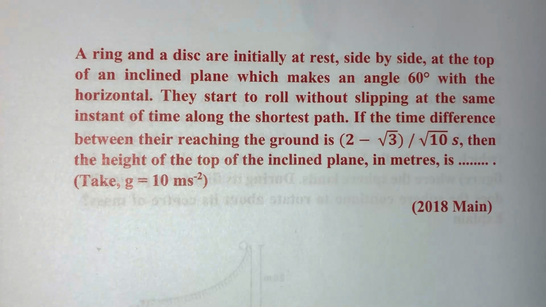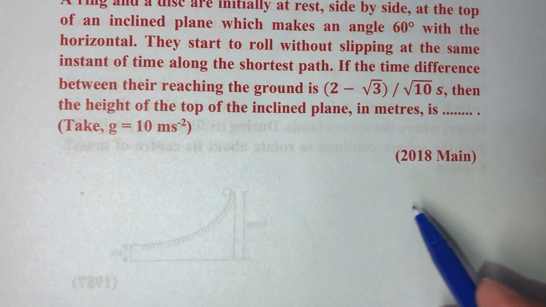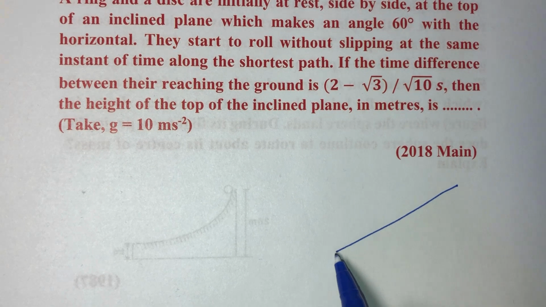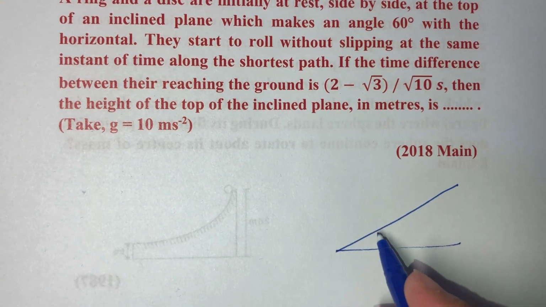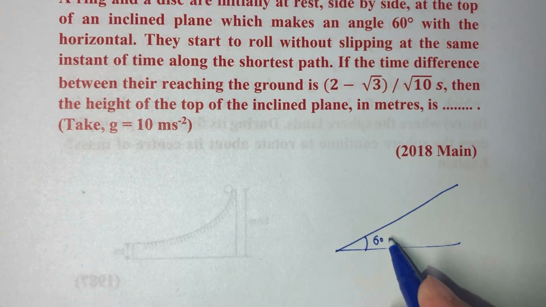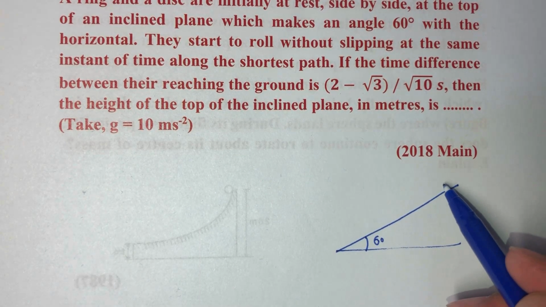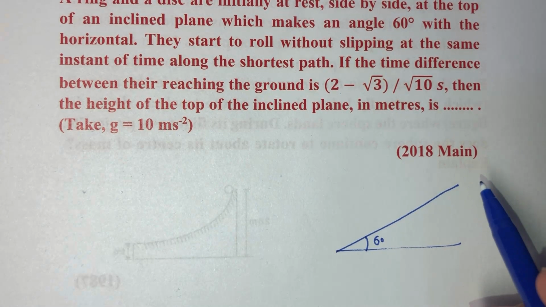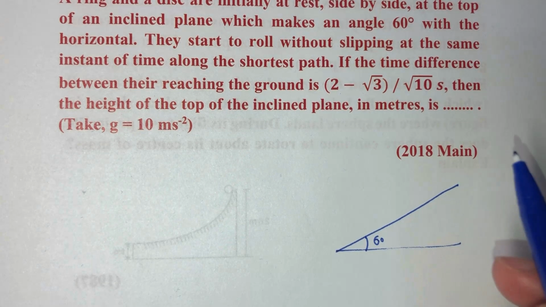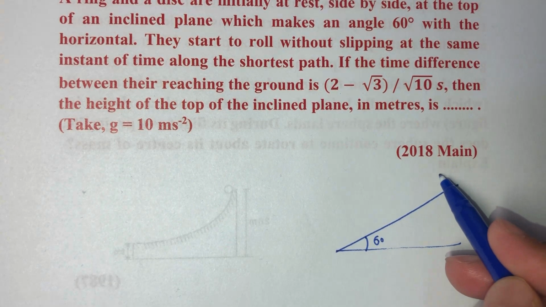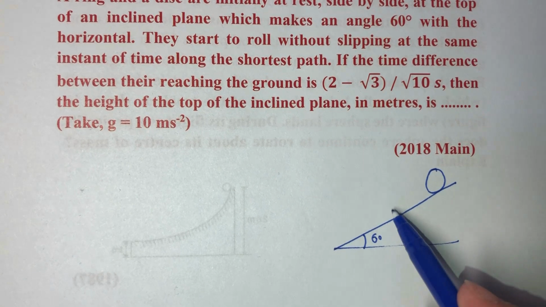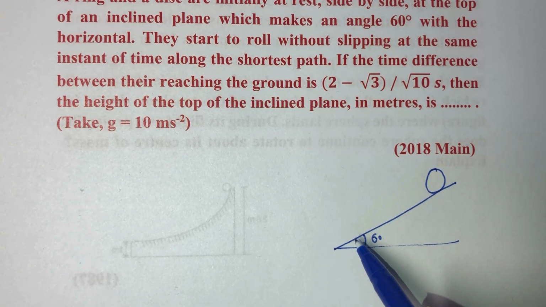So in this case, we are given that there is an inclined plane and the angle of inclination is given as 60 degrees, and here there are two objects, one is a ring, another one is a disc, and they start to roll. Let us suppose we draw only one and we will discuss both simultaneously. So it rolls downwards without slipping